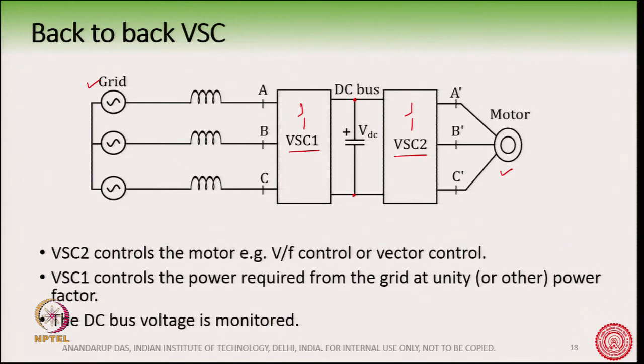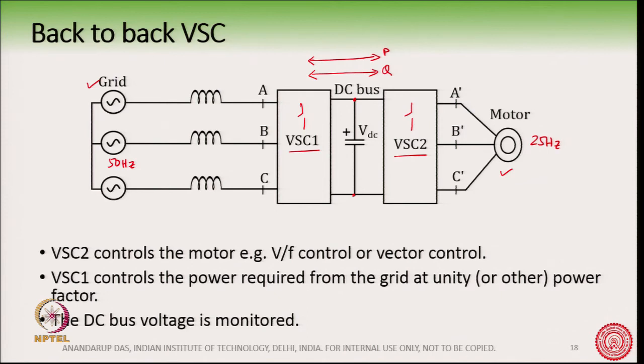Now, this is also called the back to back VSC, because the active and reactive power can flow seamlessly from left to right or right to left, at different frequencies. So, this is say 50 hertz, this can be 25 hertz, but it can also be 50 hertz. So, it can flow seamlessly. So, then we use this VSC 1 and VSC 2.